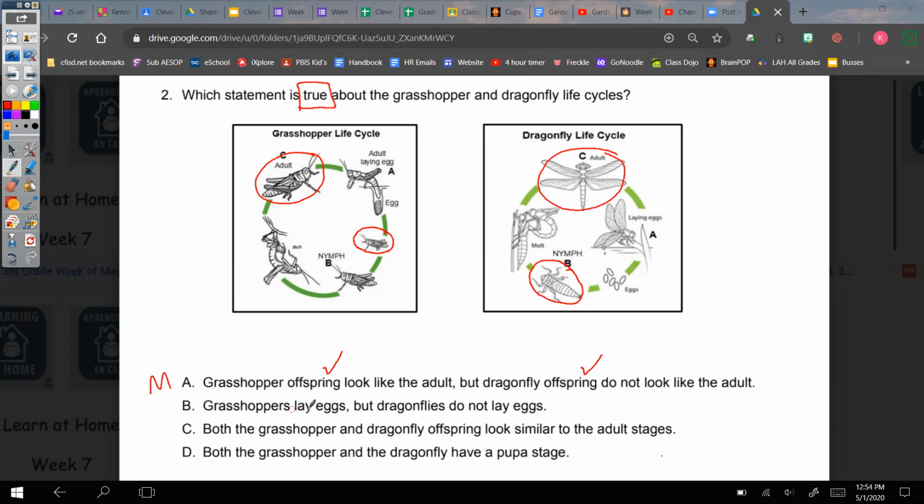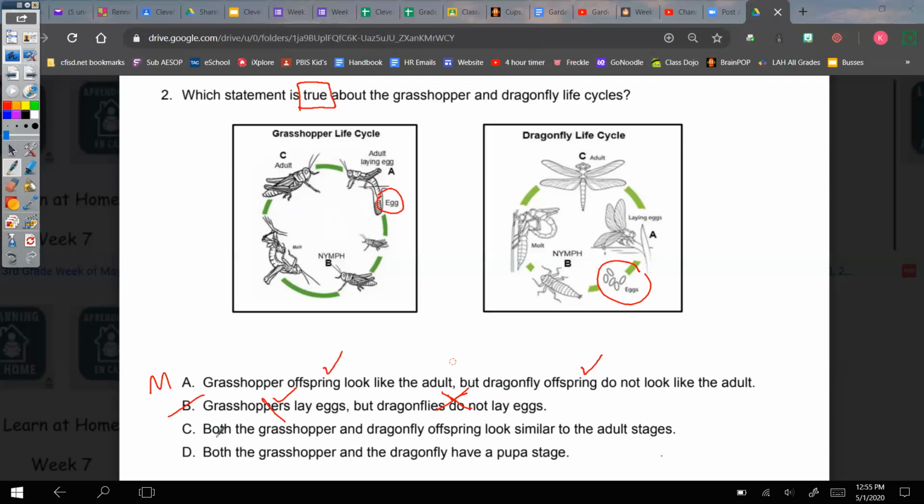B says grasshoppers lay eggs, but dragonflies do not lay eggs. Okay, I'm looking at the chart that they're giving us, and I see that the grasshopper does lay eggs. Okay, so that is a true statement. But dragonflies do not lay eggs. And I see that the dragonfly does lay eggs. Okay, oops. So that's not going to be our answer because dragonflies do not lay eggs is not a true